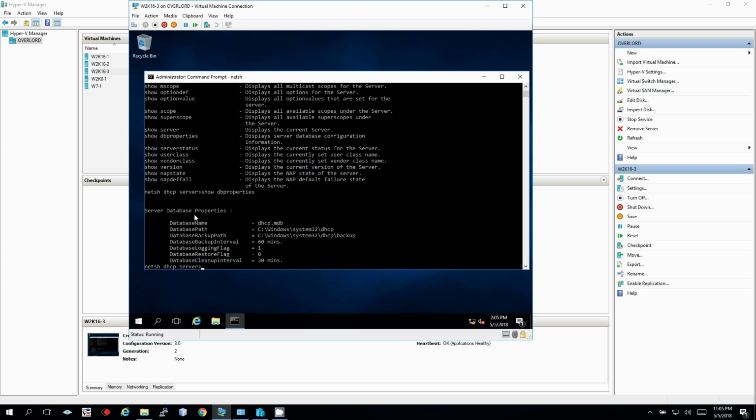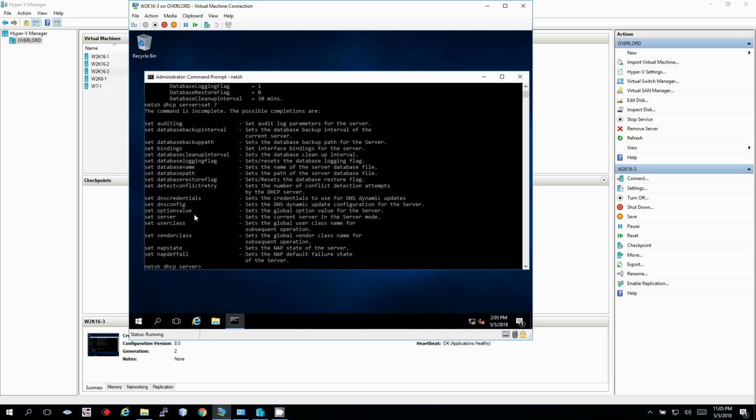So now we're gonna use set options. From the server level also, we're gonna set some, as you can see, database backup path, database backup interval, database cleanup interval. It's very easy, right? You just need to be aware that these options exist and they are tunable, right? So let's go with a set database